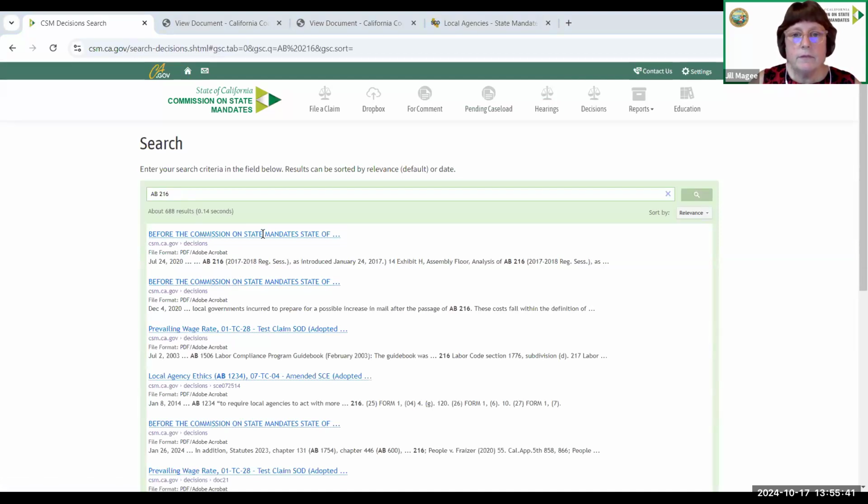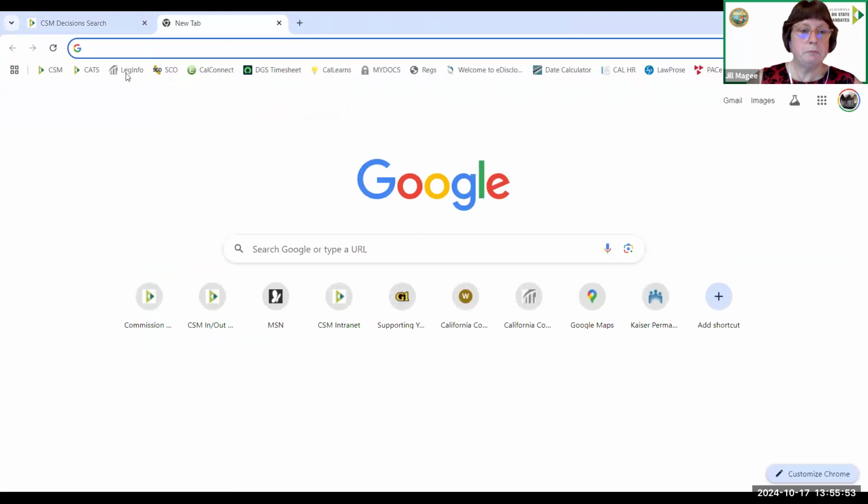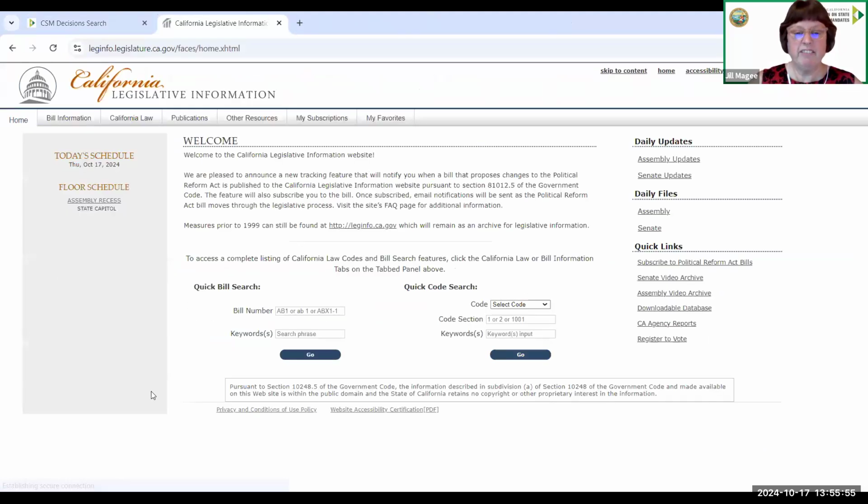Yeah, that's a little bit too complicated. I guess this one doesn't really give the answer that you're looking for. However, we can just go directly to Ledge Info, which I highly recommend everyone have a link to Ledge Info on their desktop